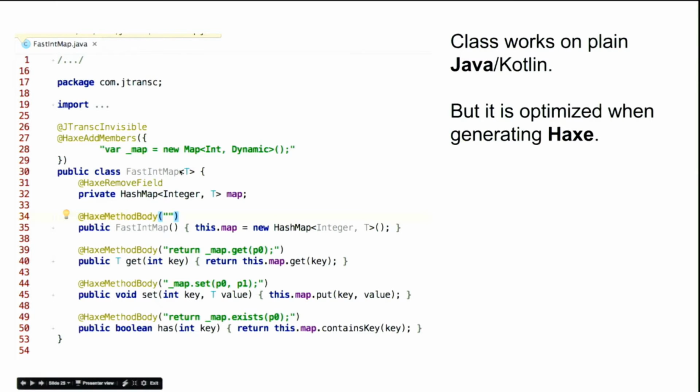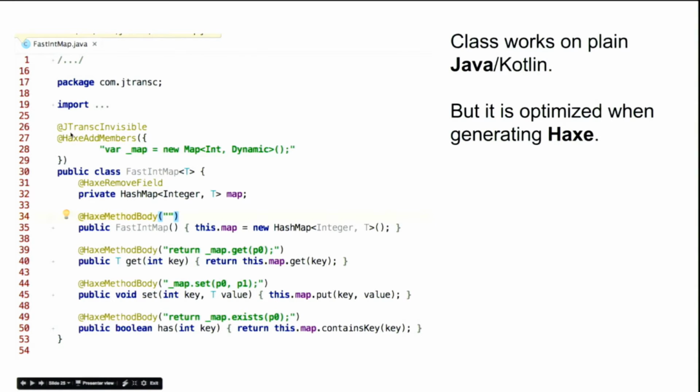This is a map that is optimized for integer keys, and it works on Java, but it has Haxe method body annotations, and instead of using this body, when targeting with JTransc, it uses this body. Here we can add also members to the class,